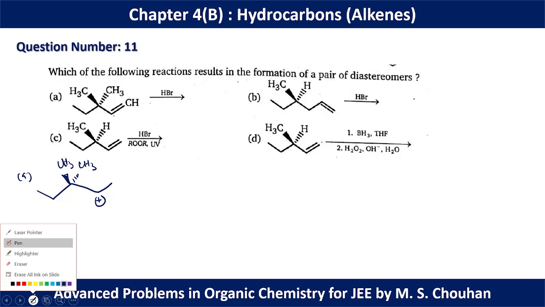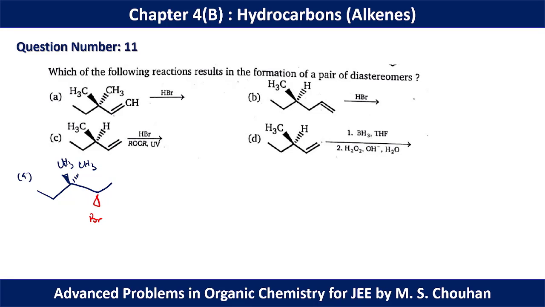Now, if the nucleophile is added above the plane or below the plane, that doesn't make any difference because both the products are similar. If it is above the plane, it will be seen on this CH3. If it is below the plane, it is seen on this CH3. So we don't have any different product. In this case, we can say that we have only one product. We have to check the rearrangements also, but in this case, we don't have to see this.